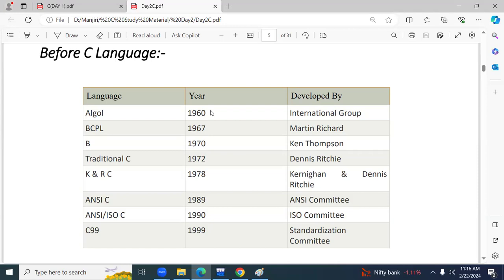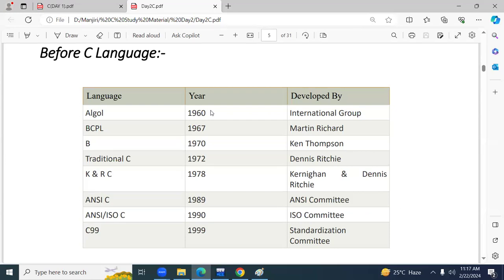And then the ANSI committee comes in. Then ANSI ISO C comes. These are the standards, guys. Don't hesitate. These are committees, where lots of people and groups of people come together and invent some new features. Not a single person, but some features are added to the C language. That's why that C language is known as ANSI C. And then ISO, you know the ISO, is one of the standards. That committee comes into the picture, and the C language gets its standard form